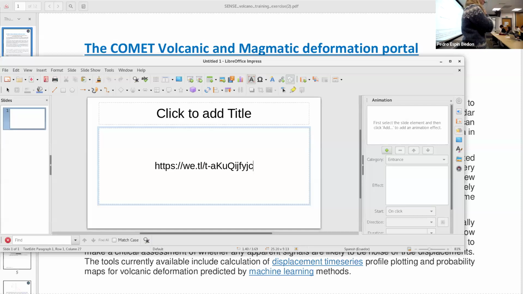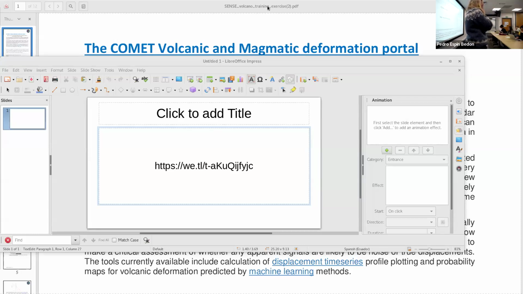The data that's available in both of these portals is the result of the LiCS automatic processing. They're selected to be useful for particular applications. So the volcanic one has been put together for the volcanic areas around the world. There's two versions of this portal available. One is the open one that we're looking at now. If you're interested in playing with it a little more after the workshop, you can ask for a login, and then you can have access to all of the volcanoes, including ones that haven't been quality checked, and you can see what your processing looks like.